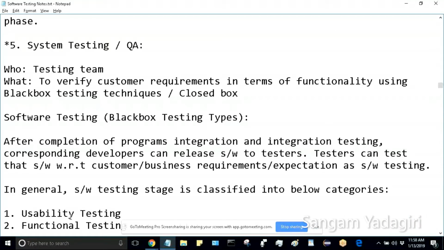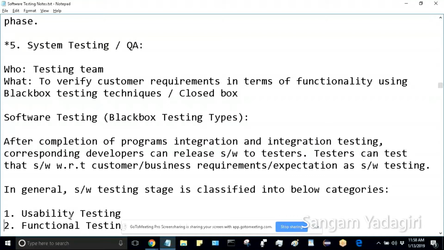Anybody can read or tell in your own words. I mean, they basically do verify and validate. What is the SRS required to? Yes, that is correct. So they will verify. Verification and validation are two important concepts of testing, like we